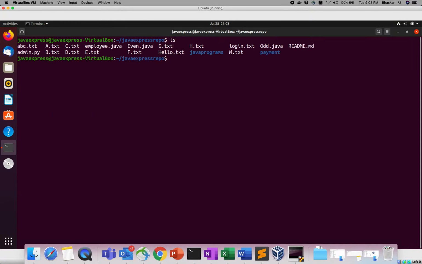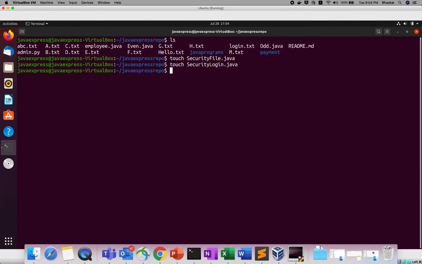If you do the ls command, I have a lot of files. I will create one new file, security file dot java. Then I will create another file, security login dot java. Two files I created now.